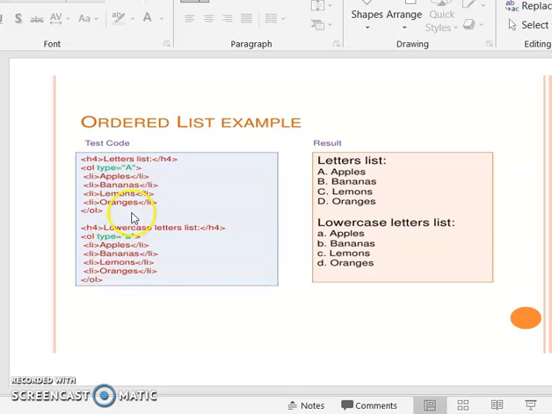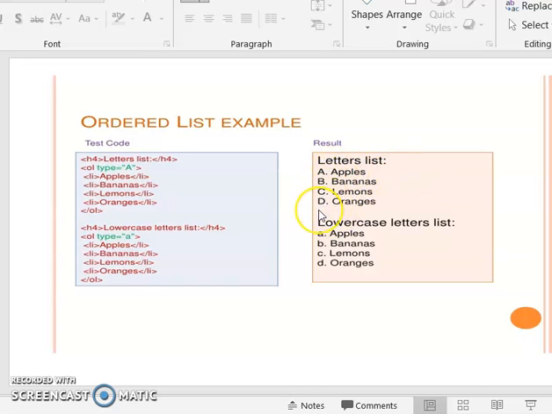What will be the output? In the first case, the numbering is like this: capital A, B, C, D. So anything we type in the type attribute, that is type equal to capital A, small a, 1, anything, that is the sequencing.